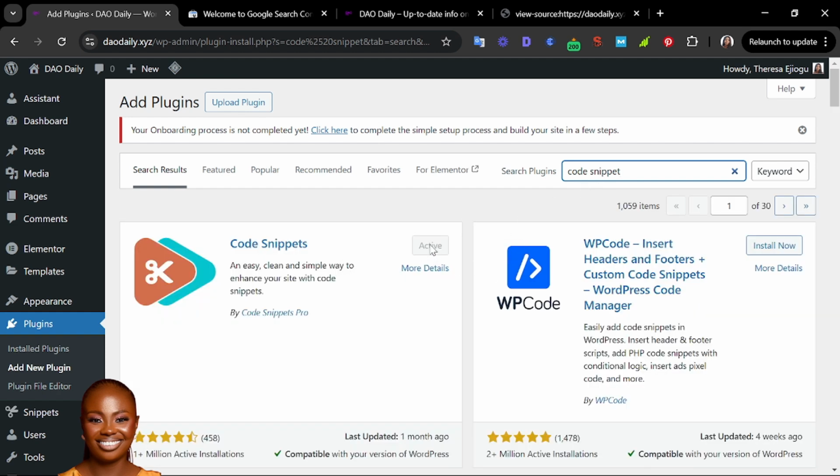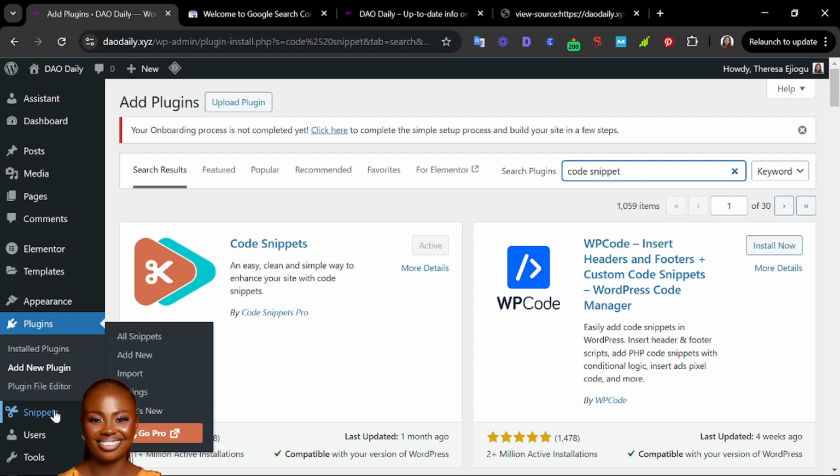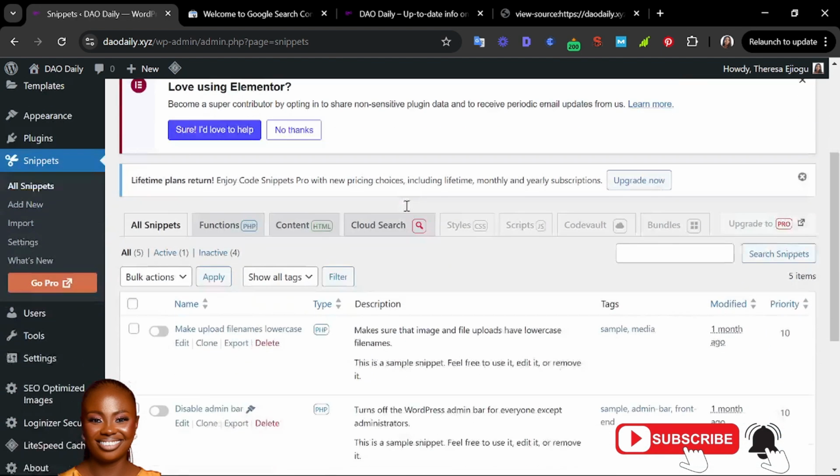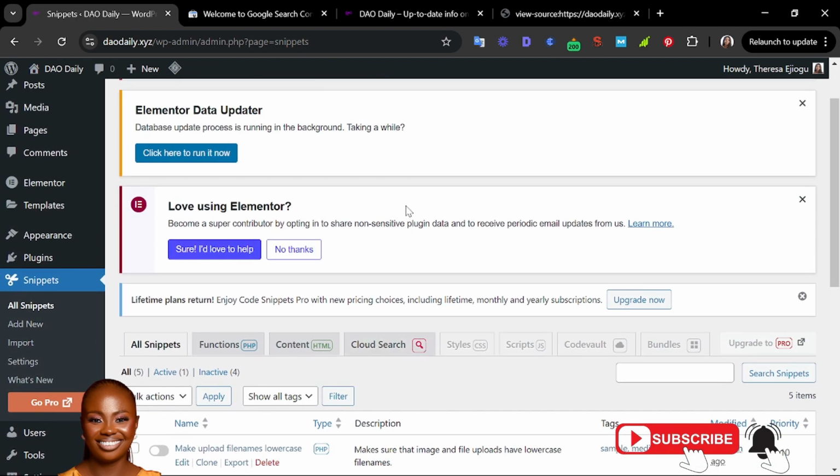And you install. Once you install, you activate it. So I have it active over here. So I will just go over to the code snippet here. So this is the snippet. This is what it looks like once that plugin has been installed. So once you've gotten that plugin, you come to